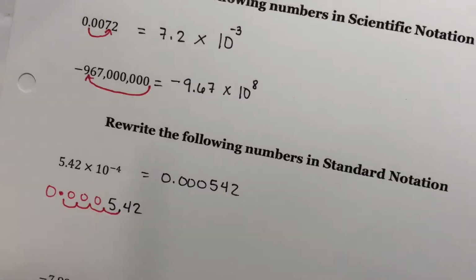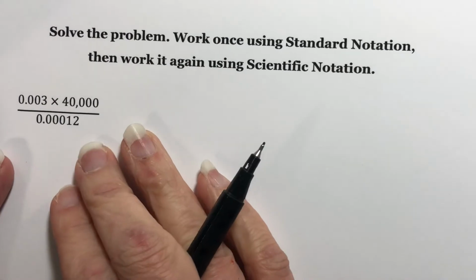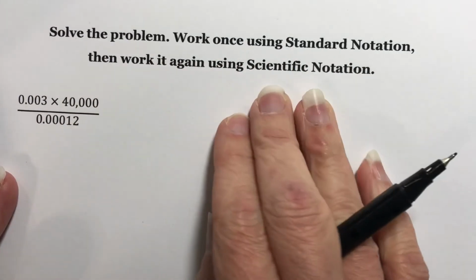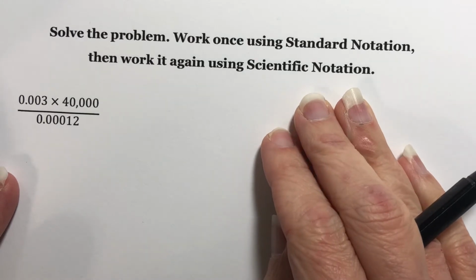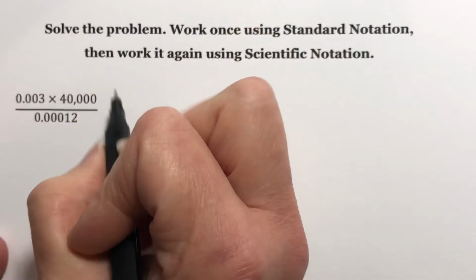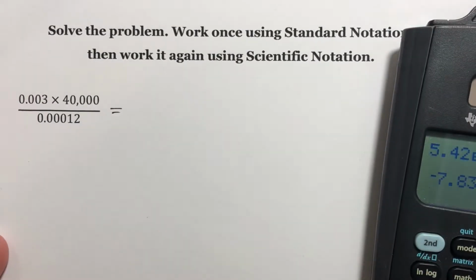Okay, so our last problem is something that looks different, not just switching back and forth. We want to solve this problem. I'm going to work it with standard notation, just as it is, and then I'm going to work it using scientific notation. You can see, this will enable you to see the advantages and the disadvantages of using these numbers. Okay, so if I'm doing it with standard, I have order of operations,